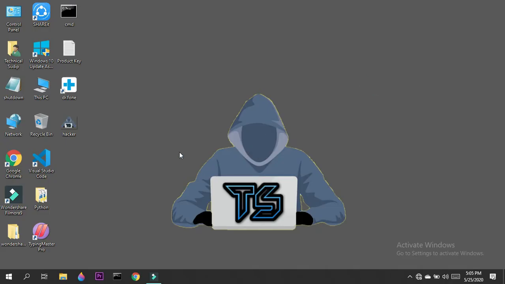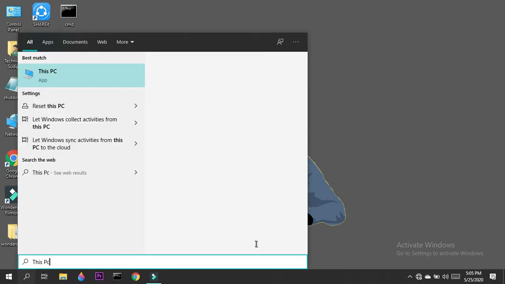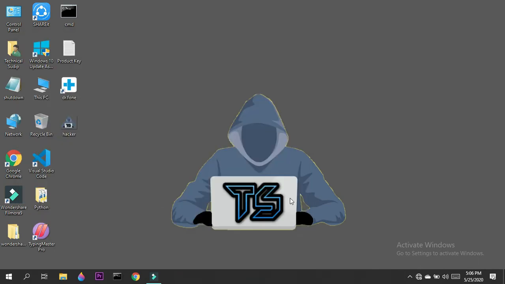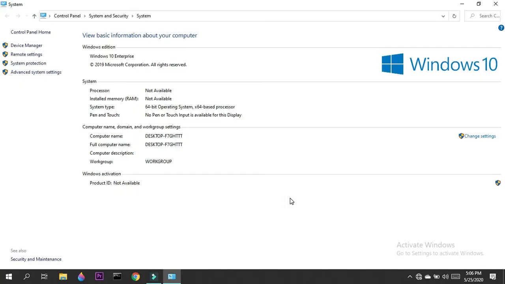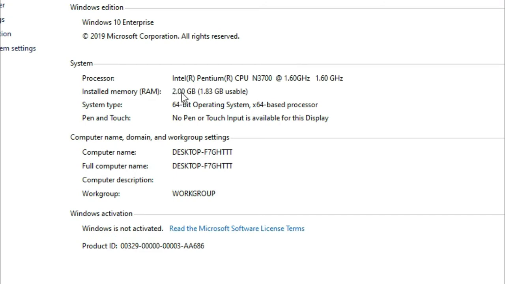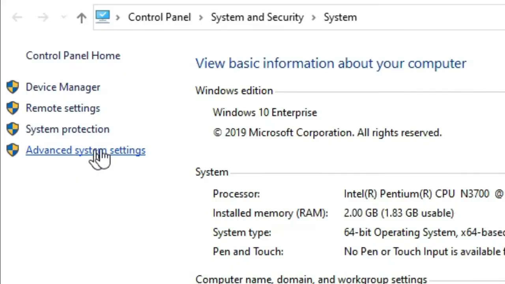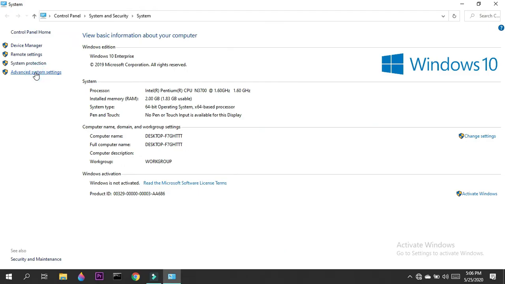You have to follow some process and settings that will be covered within a minute. You need to open Settings and type "This PC", then you will get a display like this. Then right click on This PC and click on Properties. After opening Properties, it will redirect you to the next page, which shows the properties of your PC. Mine is 2 GB, so sad to hear that. Anyway, now you need to click on Advanced system settings at the left side.